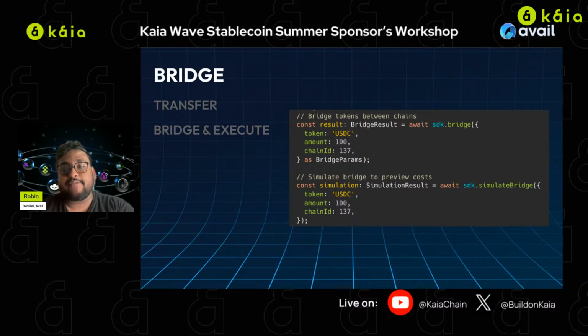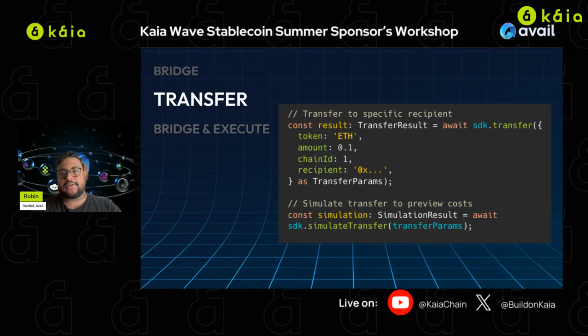So you can simulate it first, and that's pretty cool. So bridging is basically from your address to your address, you are sending liquidity. That's what bridging means. And then transfer is the same concept, but in this case you add an extra parameter, that is, you send it to a recipient. So you can define which address you want to send the liquidity to. Again, token, the amount, and the chain ID, basically the destination chain and the recipient address,